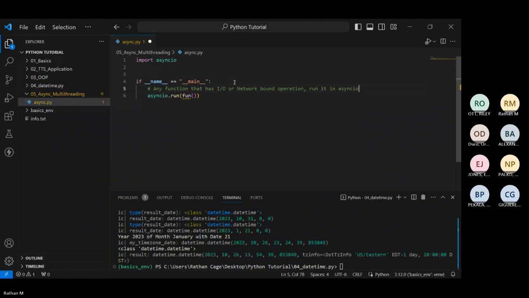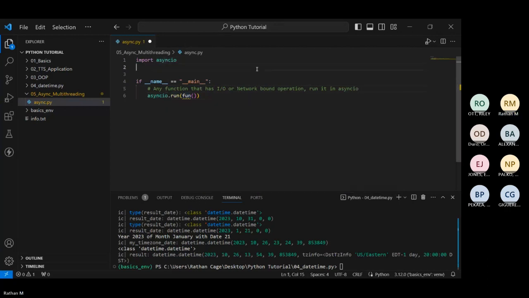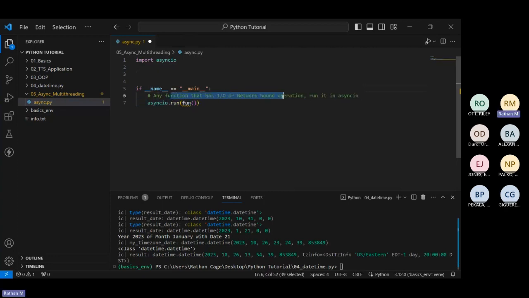Now, once you run it in async IO, the next step for you is to go to that function and run it. Let's go to that particular function and then perform something. So just remember, any function that has IO or network bound operation, you have to run it with async. The whole idea is your entire program should run in async. That's it.